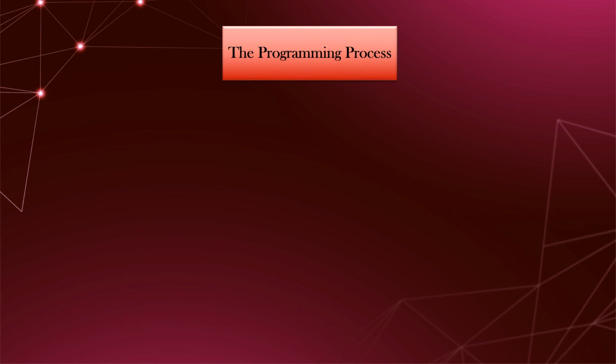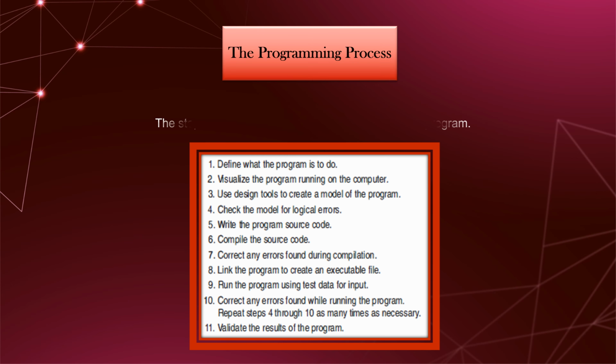So the last topic of this chapter is the programming process. The programming process consists of several steps, which include design, creation, testing and debugging activities. Now that you have been introduced to what a program is, it's time to consider the process of creating a program. Quite often, when inexperienced students are given programming assignments, they have trouble getting started because they do not know what to do first. If you find yourself in this dilemma, the steps listed in this figure may help.